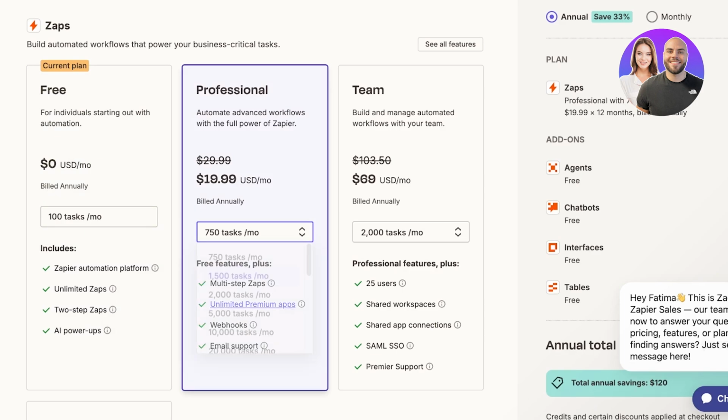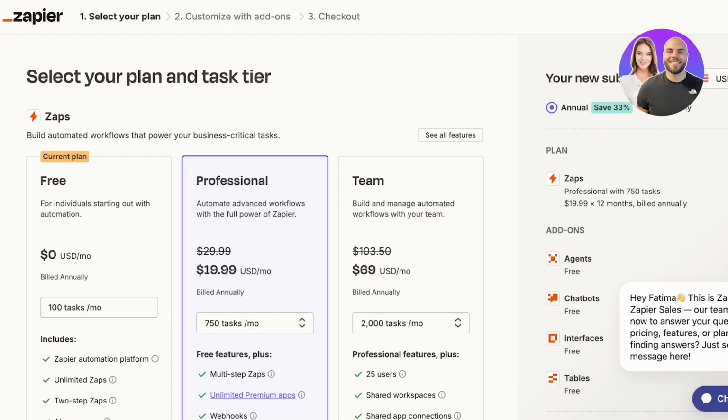If your task load is going to increase, the pricing also increases. This allows you multi-step zaps with unlimited premium apps, webhooks, and email support. Then you have the team version at $70 for 25 users with shared workspaces, app connections, and Premiere support. Now, if I was to compare this to the Make